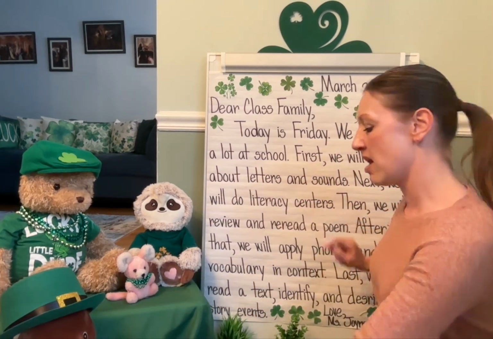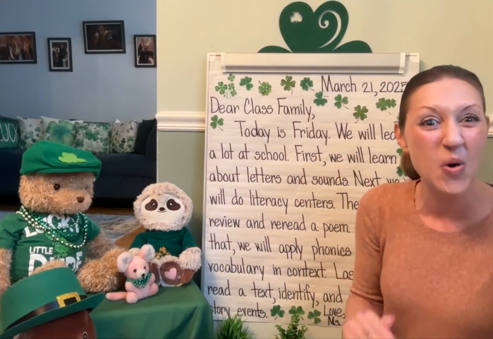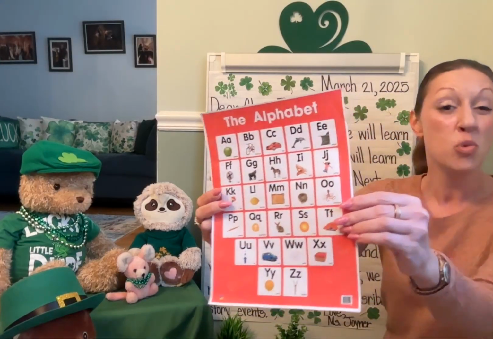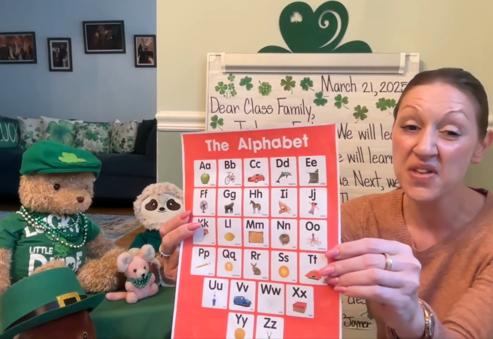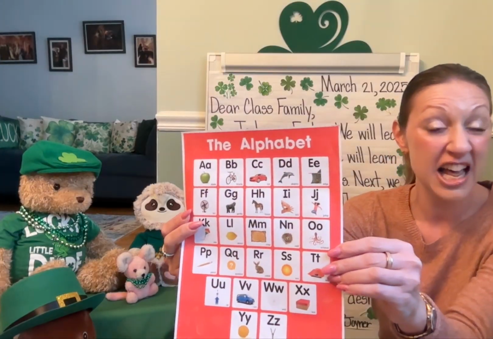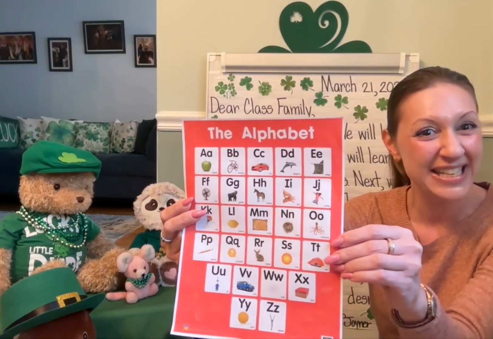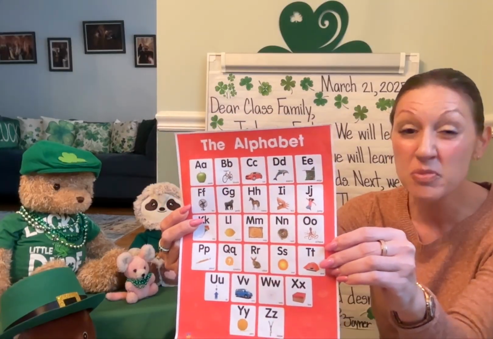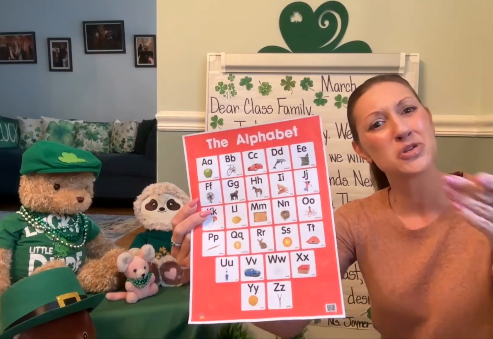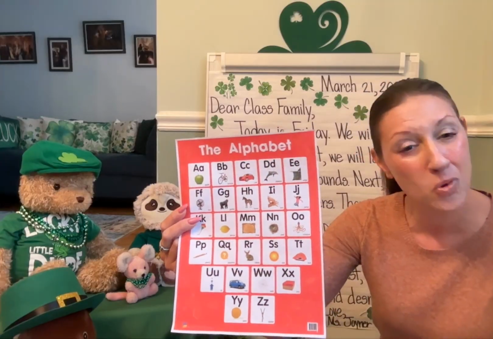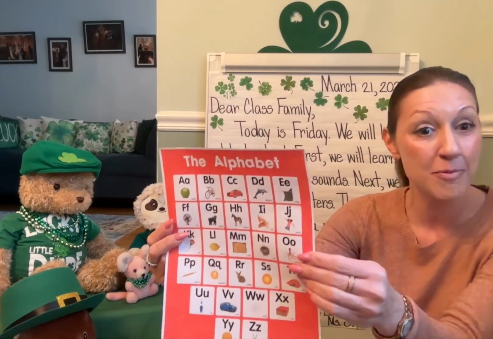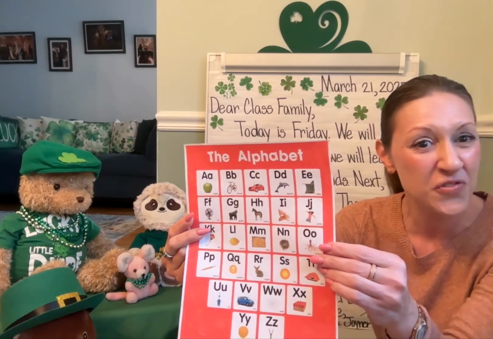First, we will learn about letters and sounds. We'll use so many resources. We're grateful to learn with many things in person and online too. We have our alphabet chart from Benchmark Advance. We have a poster of it in the room. We have an electronic version that's uploaded to Schoology that we put on the smartboard. We even have a copy in the front of our homework folder.